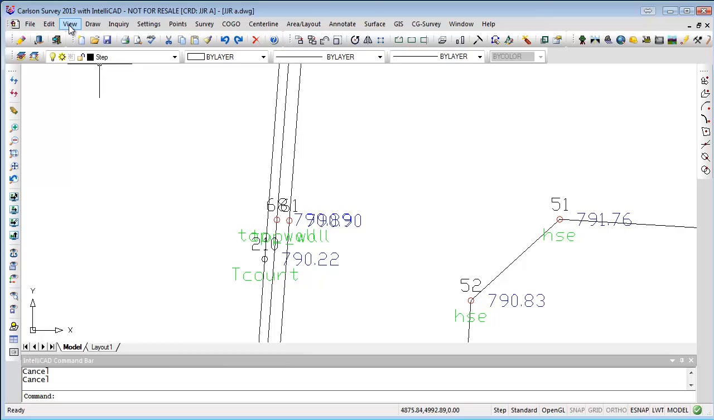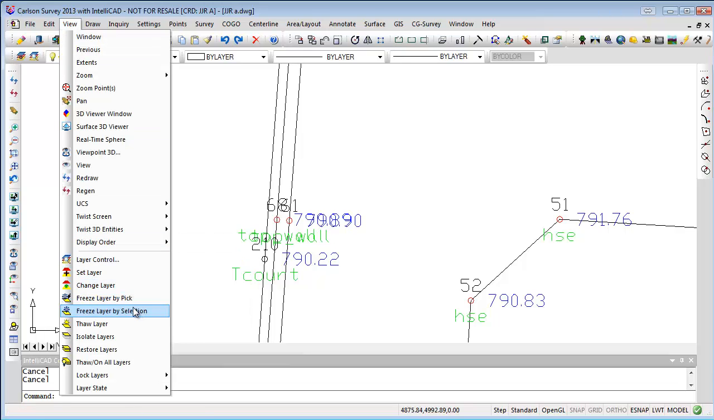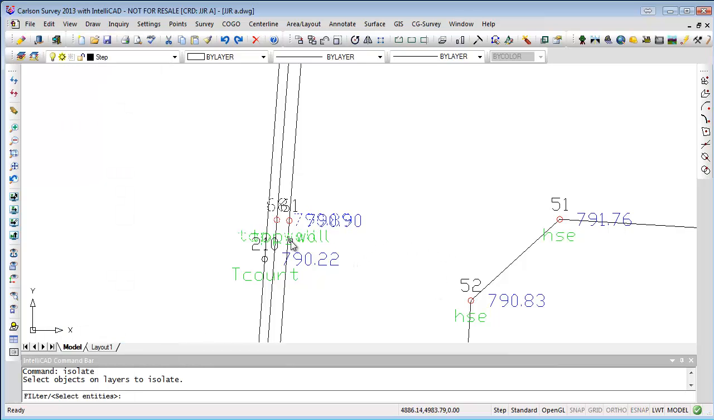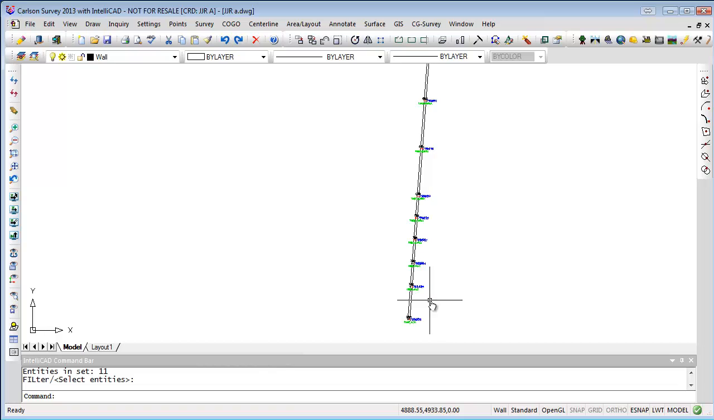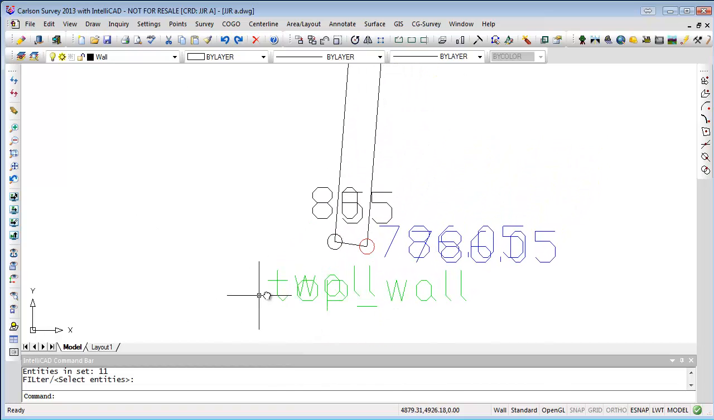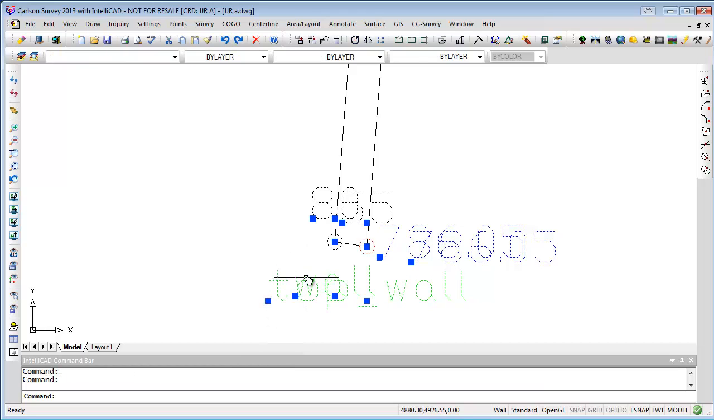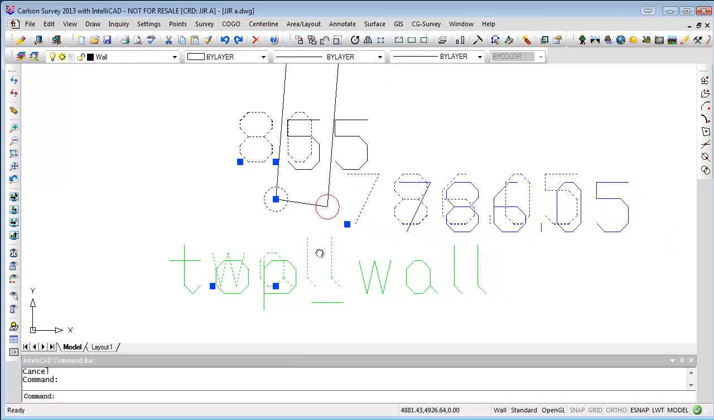Now let's do a View, Isolate Layers, and we'll pick these right here to get our walls. Okay, we've got top of wall and then just plain old wall. So I guess these wall shots are the ones you went back and got, and 55. I thought you were going to go back and get the toe wall shots